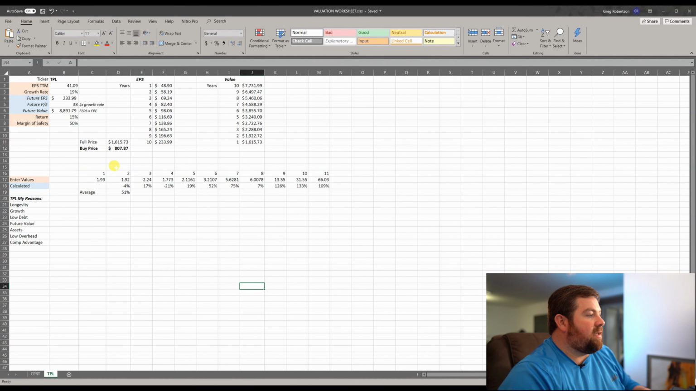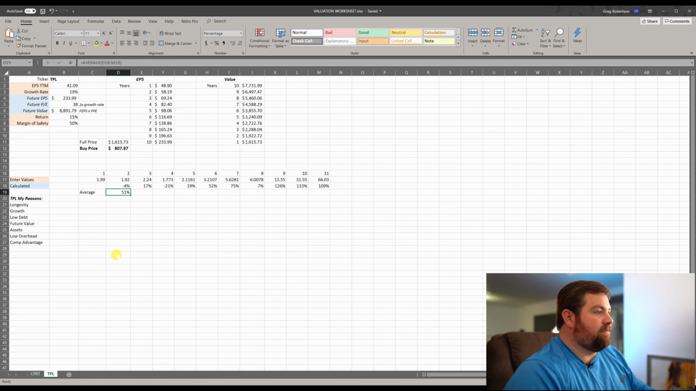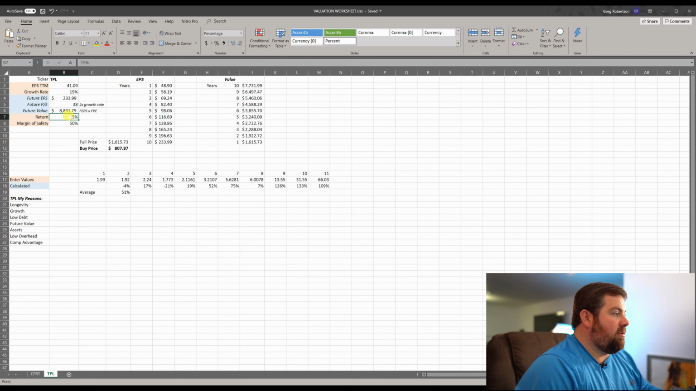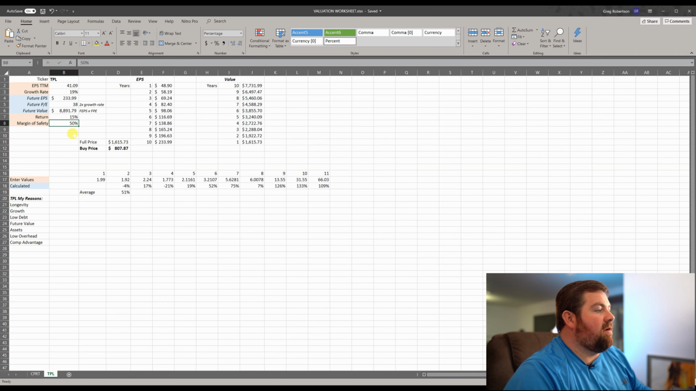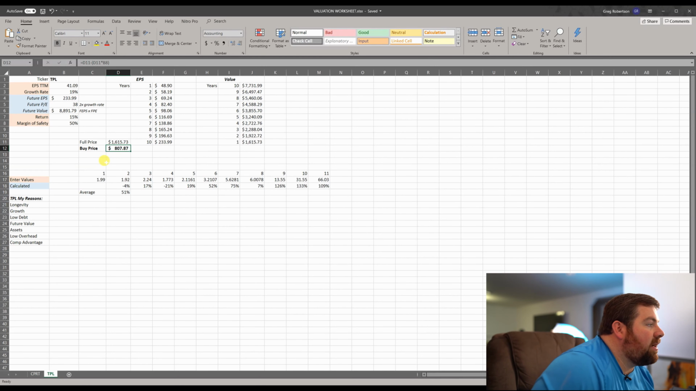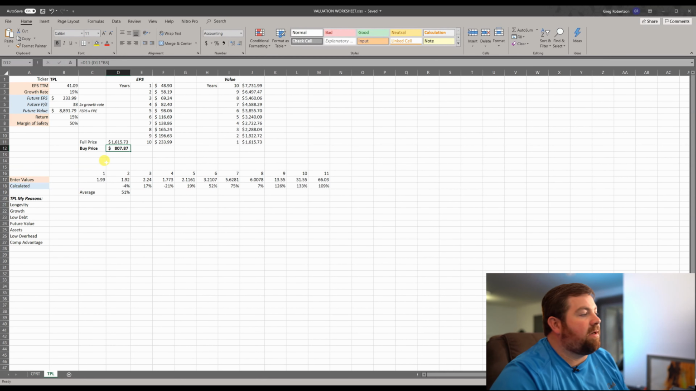In this case, that is a lot more conservative than using what we calculated here on book value per share. As you can see with this worksheet, I already had a 15% return that we want to try to get. And I had a 50% margin of safety, meaning I want to buy it for half of what it's worth today, assuming a 15% growth rate and the future value. So what it gives me is a buy price of 807 because the full price is